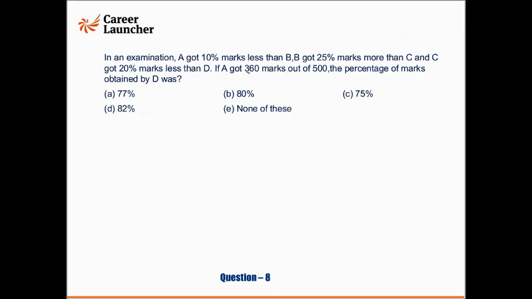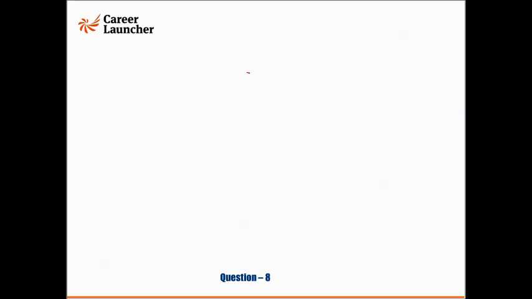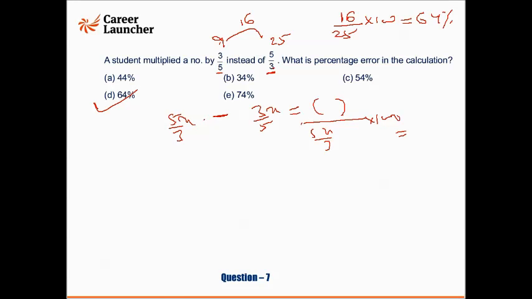Okay, I'll tell you, you have doubts, so I'll show you how. In this question, see, what we have done, we took a multiple of 5 and 3 as 15, right? So what we did, I'll show you step by step. 3 by 5 and 5 by 3. If we take the LCM of this 5 and 3, that is 15. Now multiply this by 15 and this number by 15, so you will get